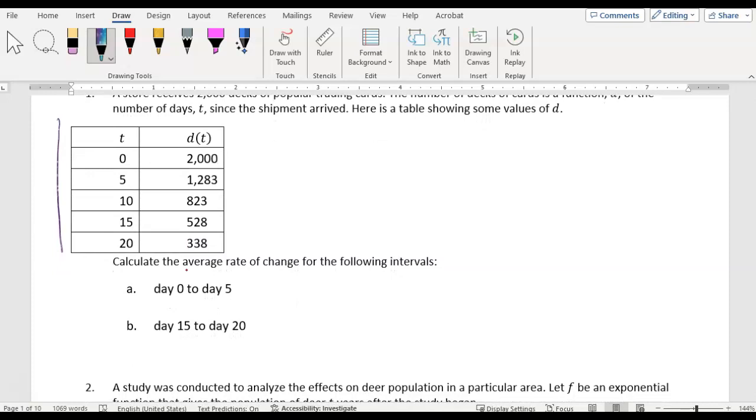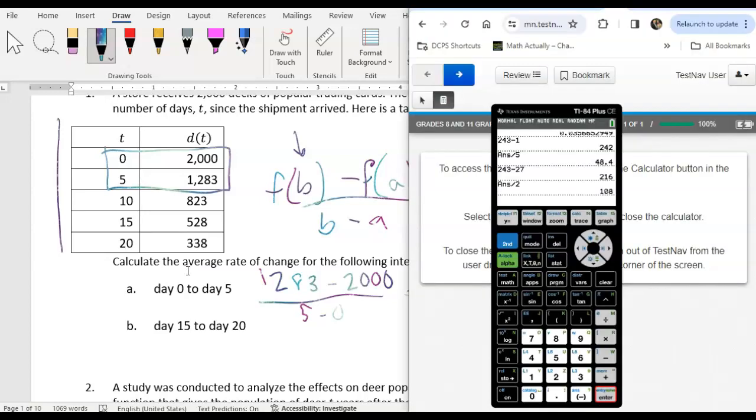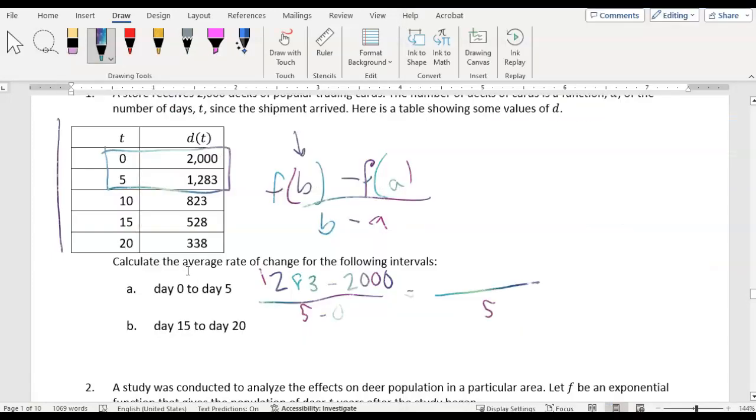So 0 to 5. So we're looking here. And again, we're going to use our formula f of b minus f of a over b minus a, with b representing the later value. So 1283 minus 2000 over 5 minus 0, which is 5. So it's a period of 5 days. And then 1283 minus 2000, we're going to get a negative number in this case. Negative 717